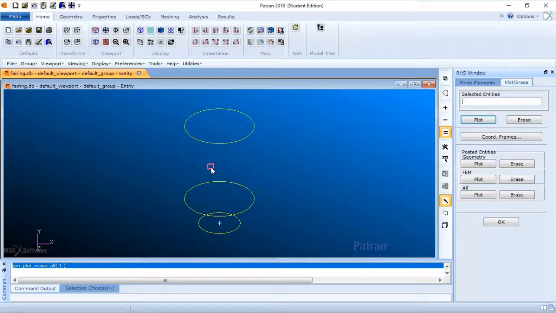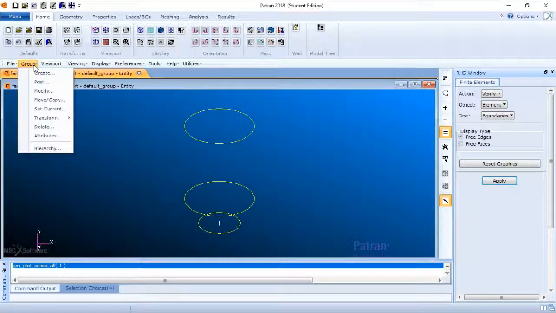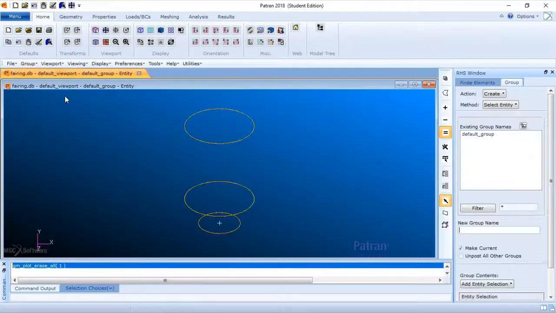So for the next step, we are gonna select OK, and we're gonna go to group, and group we're gonna create. We're gonna create a group called fem that only includes the fem, so the finite element model. So we write the name fem,